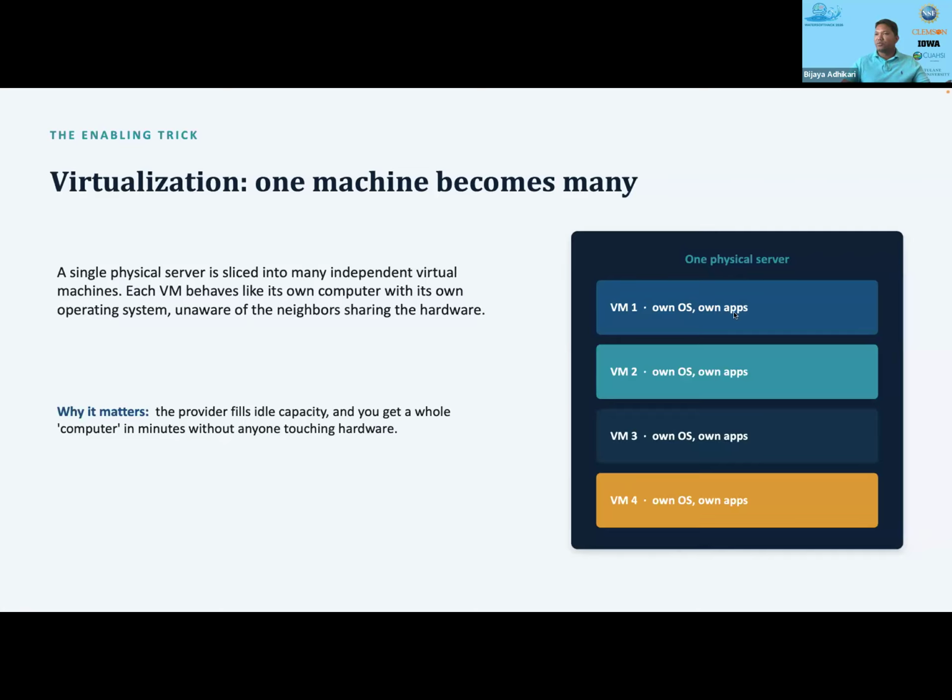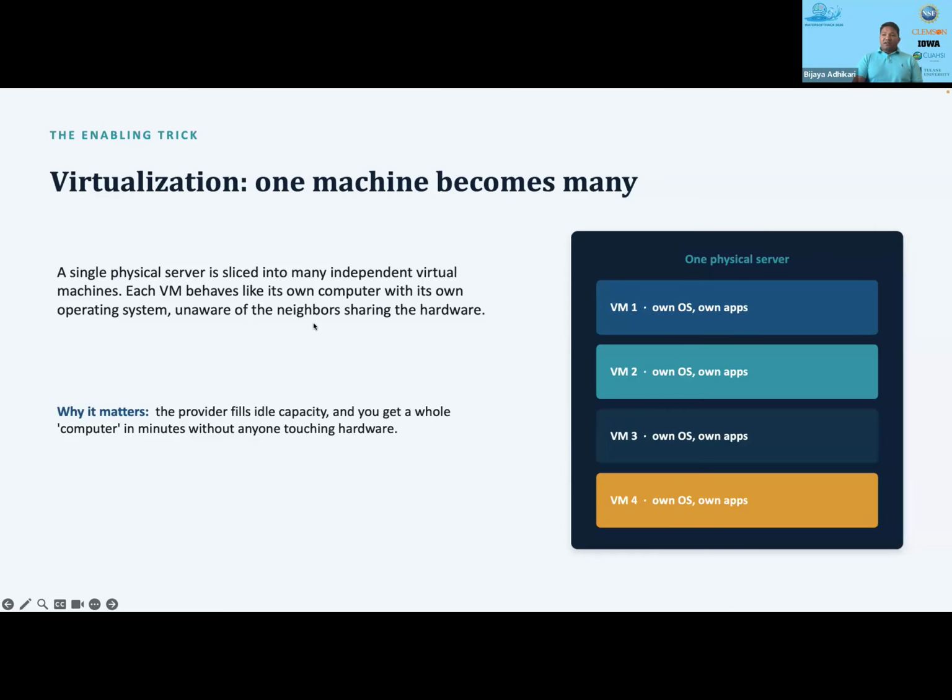And then you install whatever is needed. Each virtual machine, if you have some computing background, I think you kind of understand it. But all you have to know is that each virtual machine behaves like its own computer, its own operating system, right? And it's not allowed to access the other virtual machines running on the same system. So for us, the users, it looks like a standalone machine,